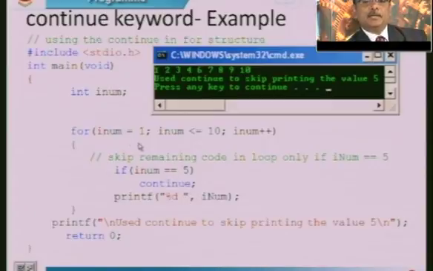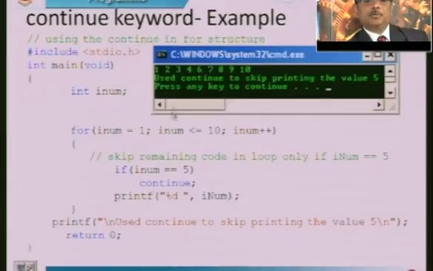That's why when inum is 1, it will be printed with %d, 1 is printed. When inum becomes 2, it prints 2, 3, 4. When it becomes 5, continue, control goes back, increments the value of inum to 6 and checks whether 6 is less than or equal to 10. If it is true, it goes inside the loop. This will not execute because inum is now 6.